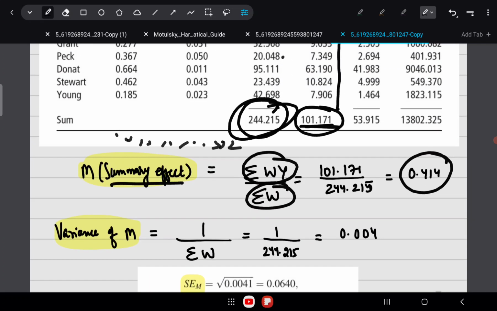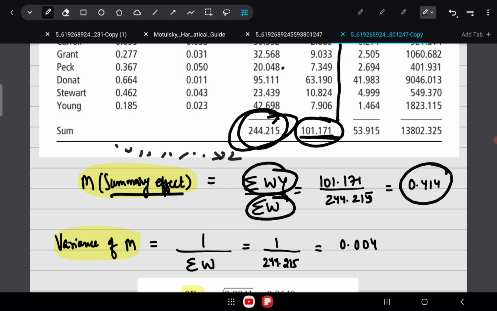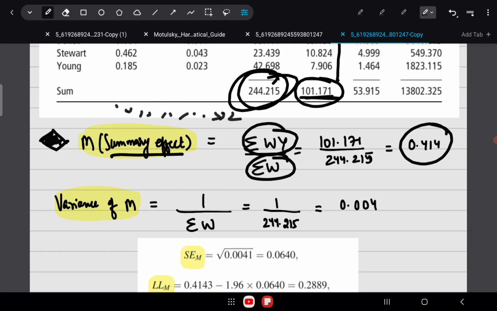Now you have to compute the variance of the summary effect. Remember, in a forest plot we usually denote this kind of summary effect with a diamond, right? To calculate the variance of the summary effect, you take the inverse, or the reciprocal, of the summation of the weights.